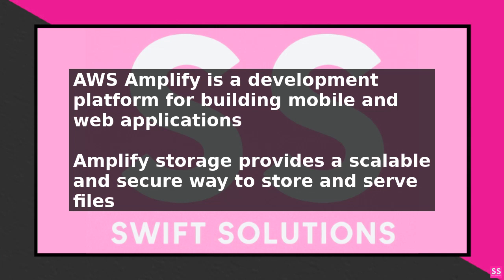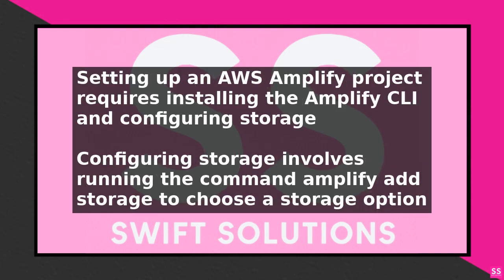First, you need to set up an AWS Amplify project and install the Amplify CLI. Once you have set up your project, you can configure Amplify Storage by running the command amplify add storage. This will prompt you to choose the storage option you want to use, such as S3 or Amazon Elastic Block